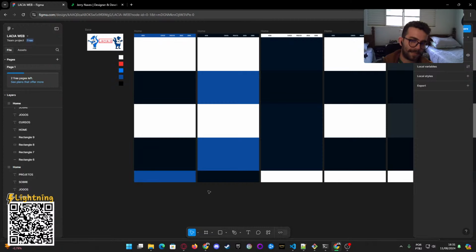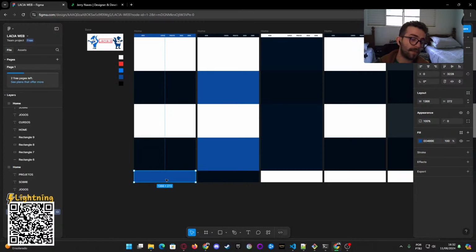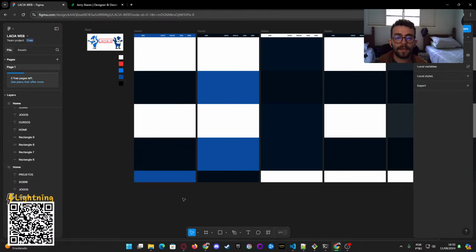You will probably see this part here called the footer. The footer can have different spacing than a top bar, for example. I make the top bar thinner than the footer, because in the footer you normally write a lot of things like contacts, numbers, emails, additional information, so it needs to be larger than the top bar. So the basics of UI UX design are this.